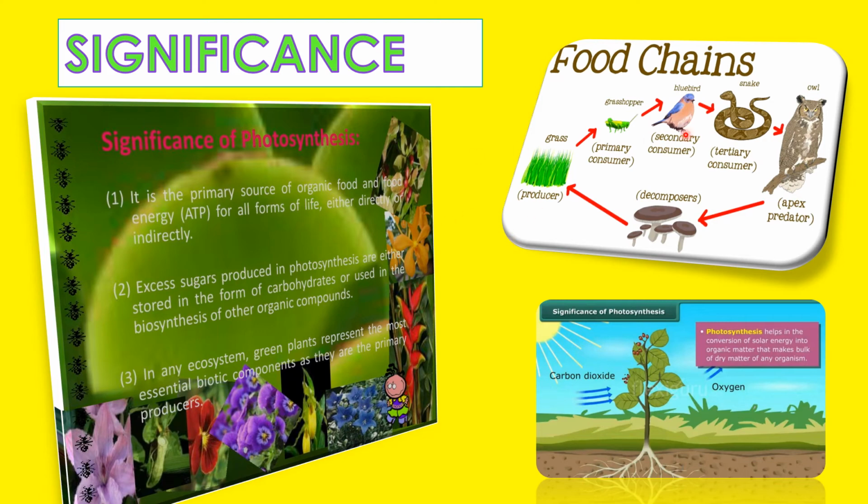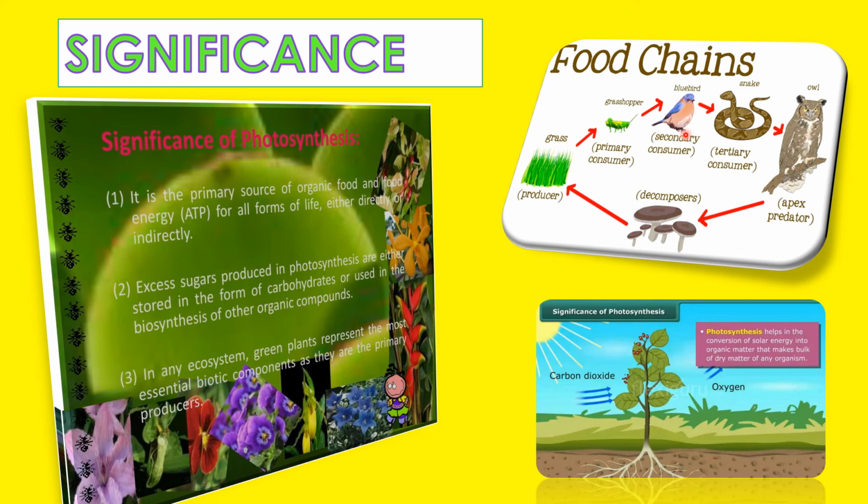The other significance is, you can say, photosynthesis is the only natural process that can capture and preserve sunlight as chemical energy. It is also the process by which organic food is synthesized by using inorganic raw materials. Energy of the sun that had been captured and preserved by plants during photosynthesis centuries ago are stored within fossil fuels, coal, petroleum, and natural gas. These fuels are used for our domestic and industrial energy needs.